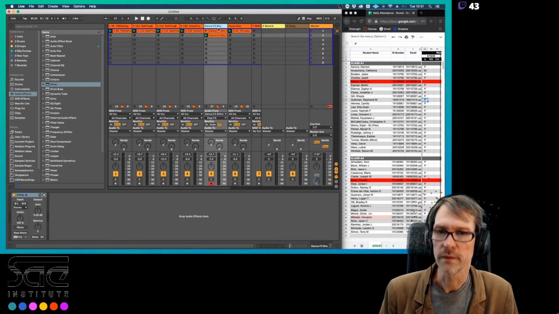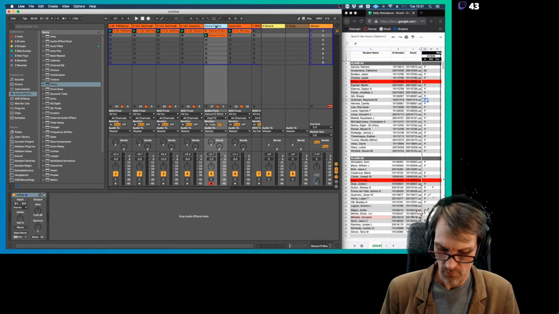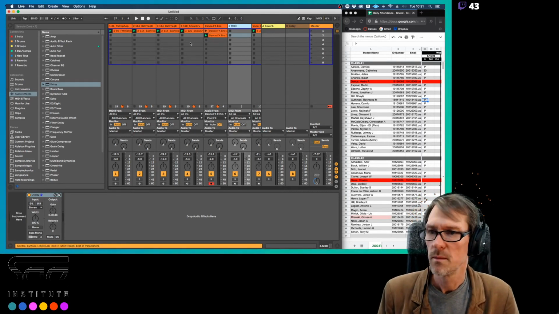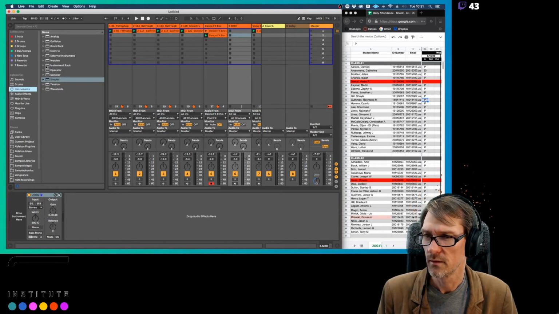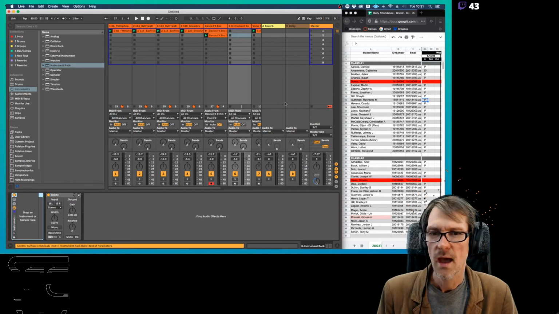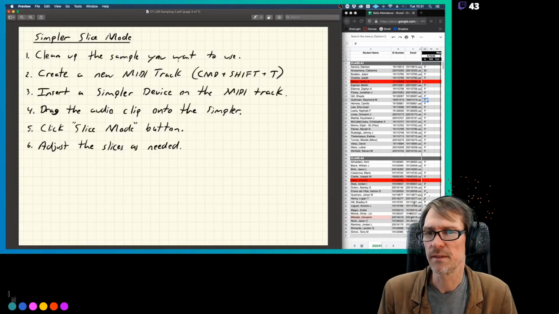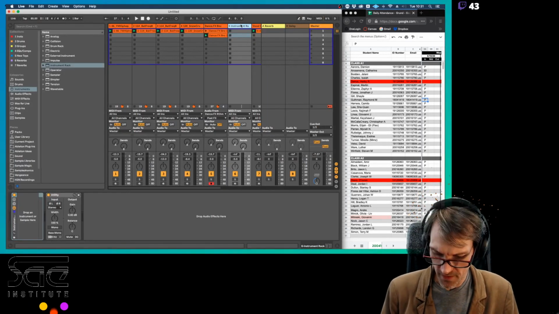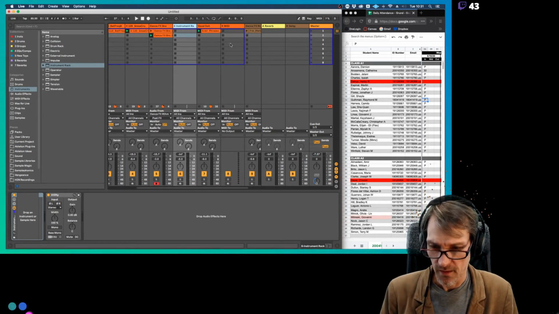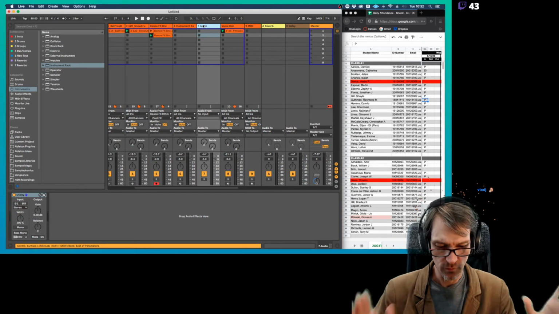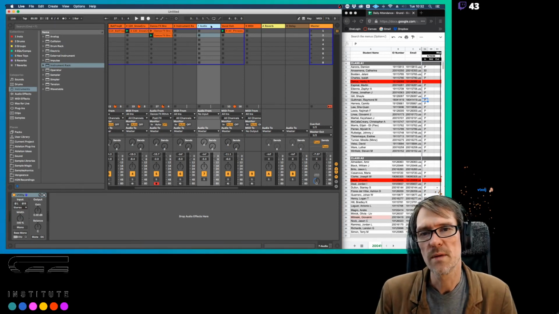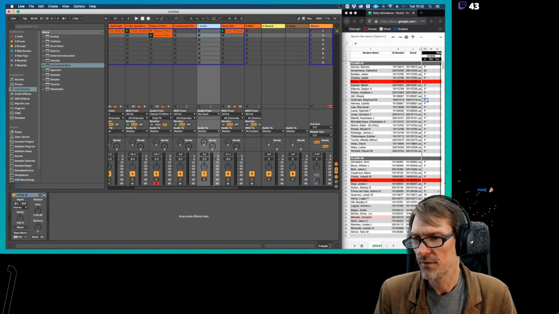a little review before we stop here for a break. What we're going to do here is make a new MIDI track and we're going to drag the Simpler instrument into it. And this first one here which says clean up the sample you want to use. So basically what I'm talking about here is just making sure your sample is all nice and tidy and it's not too long. So I'm going to make an audio track here, and if I go in here to one of these samples,